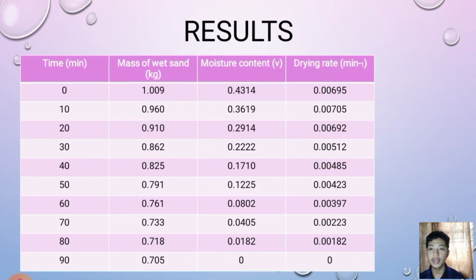Here is the result we got. The time we used was from the initial time of 0 minutes until 19 minutes, which is 1 hour 13 minutes. The initial mass of wet sand is 1.009 kilograms, and we can see it reduced to 0.705 in 19 minutes. For the moisture content,